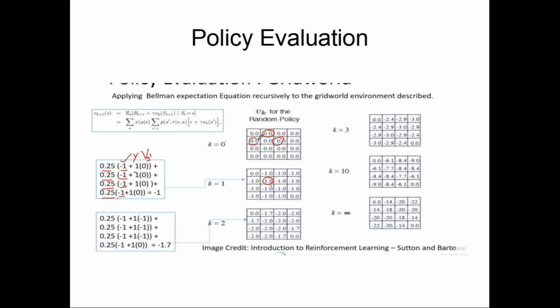Yeah, clear with this? So these are the things which will come up here: 1, 2, 3, 4. So this is the result of this. Similarly, if you look at it here, let's calculate for this 1.7. Same way, 0.25 is the